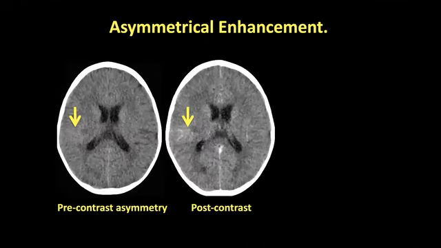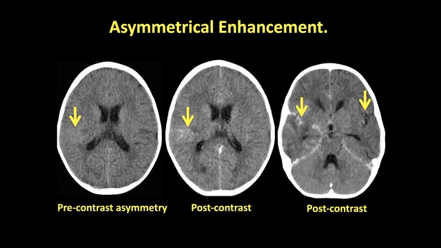Another characteristic finding in TB, and this is because it is actually the commonest cause of meningitis in the center in which I work in Cape Town, because we have TB, which is endemic in our society, is pre-contrast asymmetry. So when you can see that the right and the left hemisphere look a little bit different, and use your imagination and go that certainly the sulcal markings on the right almost look a bit hyperdense. We can see post-contrast enhancement of that hyperdensity. This is a patient with TBM.